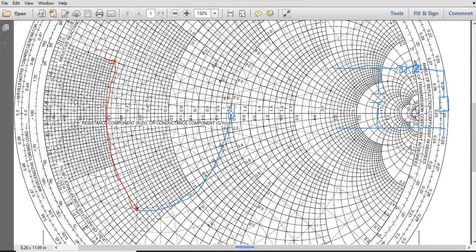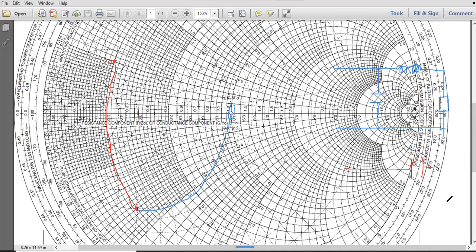So can you quickly just give me only the circuit? This is your previous circuit. So for this, what will be the circuit? This is the impedance. So first element will be in series or parallel? You are on the impedance circle. Series. So first element will be series. Inductor or capacitor? You are going clockwise or anti-clockwise? Anti-clockwise. So capacitor. So the first element in series will be the capacitor.